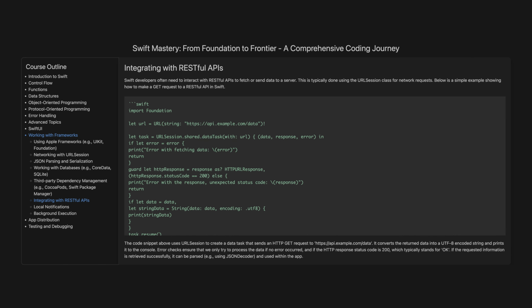Integrating with RESTful APIs. Swift developers often need to interact with RESTful APIs to fetch or send data to a server. This is typically done using the URLSession class for network requests. Below is a simple example showing how to make a GET request to a RESTful API in Swift. The code snippet above uses URLSession to create a data task that sends an HTTP GET request to